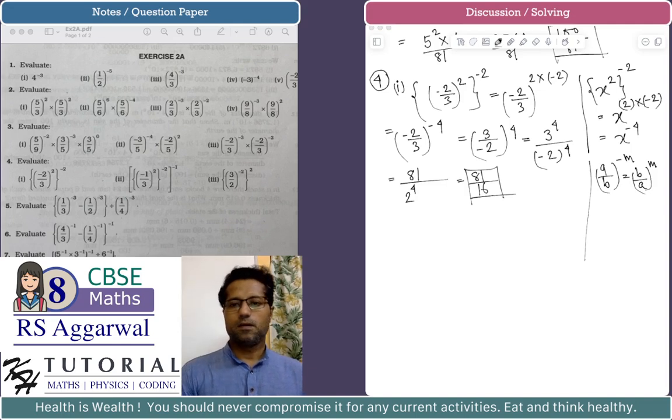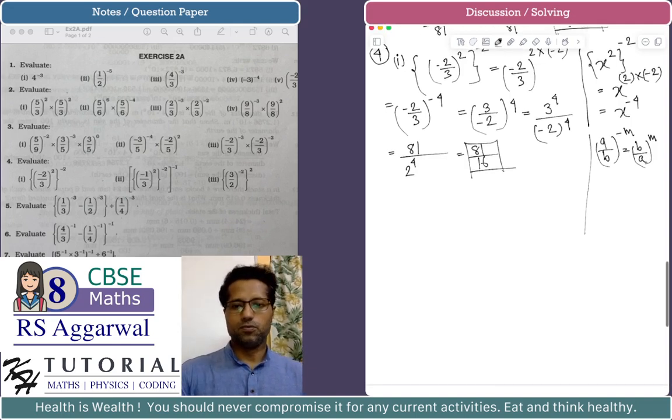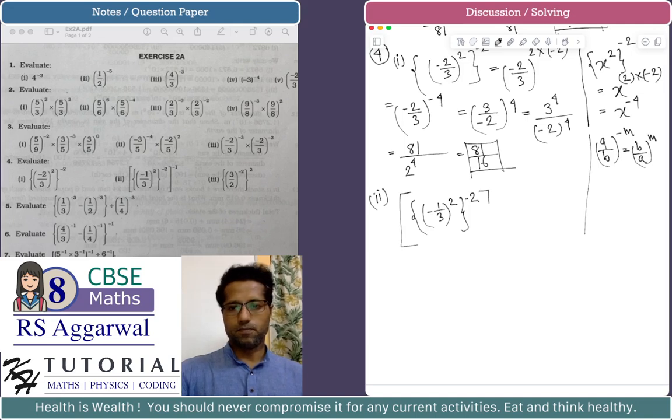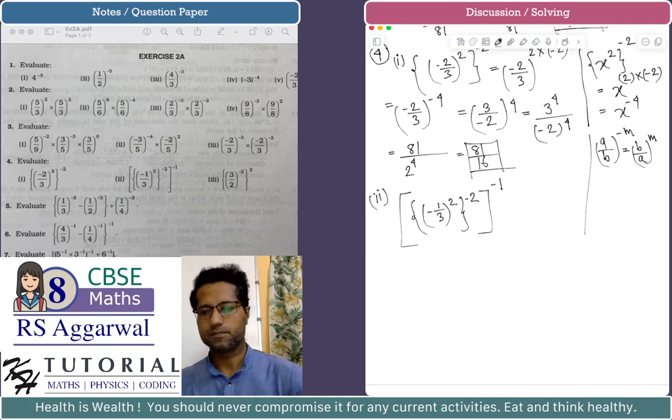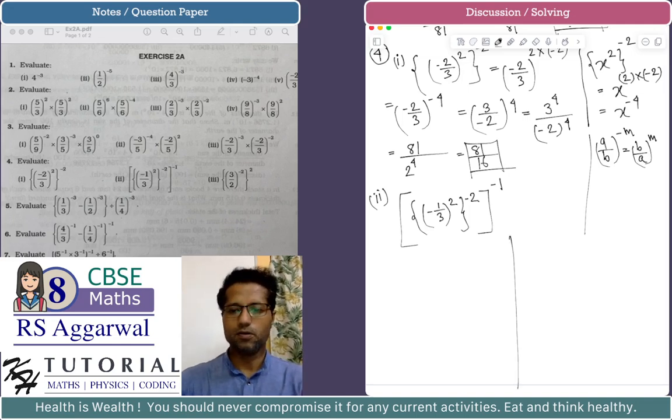Okay, let's do part 2. Part 2 is, okay, so we have minus 1 by 3 raised to the power 2, again raised to the power minus 2 and again raised to the power minus 1. So we have 3 levels of powers. Now side note, this is a very fundamental, the basic